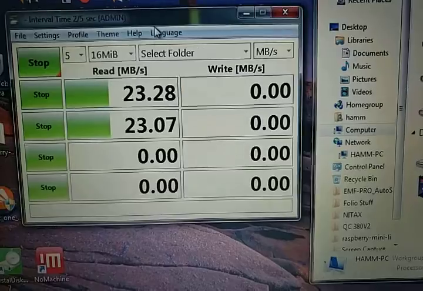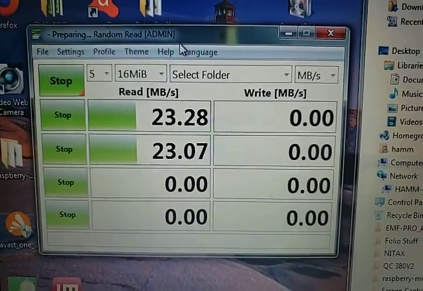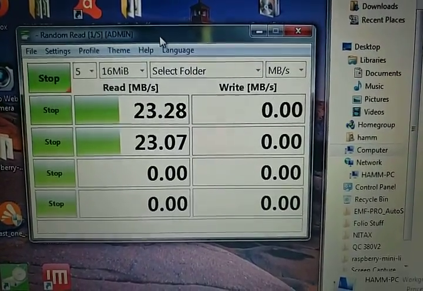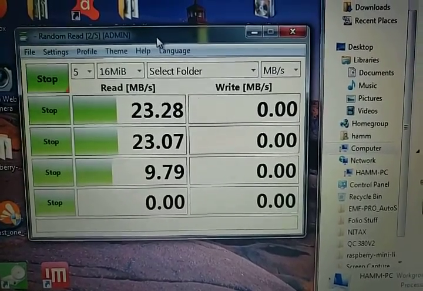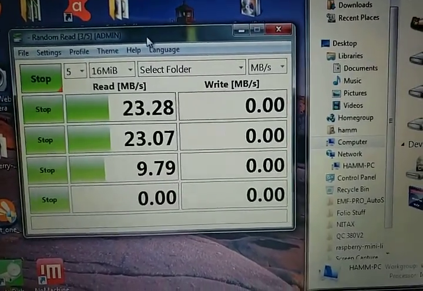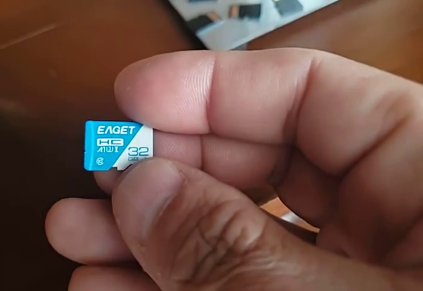Okay, I think it's enough. And random read. Okay, let's see. It will be an even slower random read. Let's continue this. While this is running, I want to show that all these are defective cards. They were not able to duplicate. Well, this one is not. Let's see. They duplicated